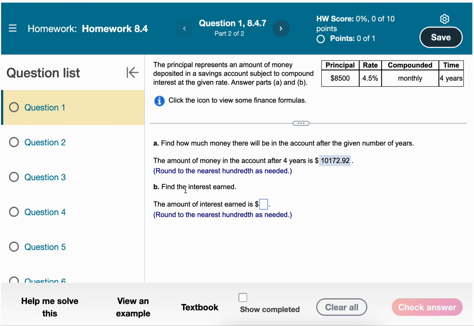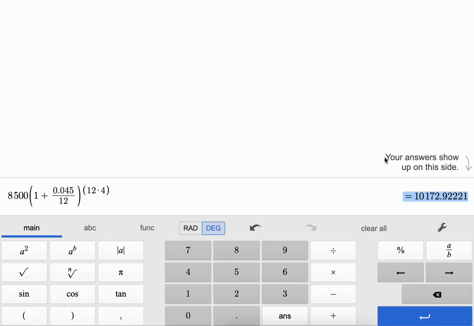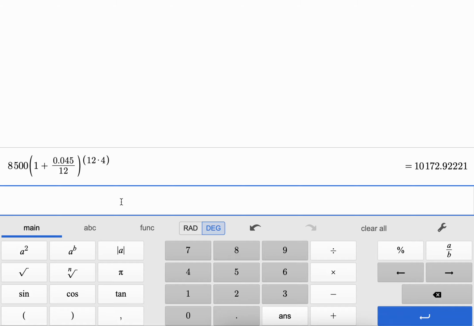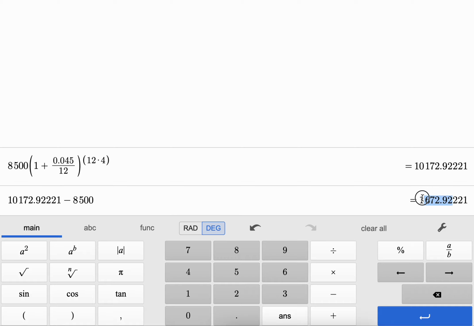And then it says, find the amount of interest earned. Oh, this is nice. Interest earned is going to be the difference between the amount that you have here and what you started with. So we're going to subtract 8,500 from this value. In fact, let's just go right back to the calculator to do this. So I'm going to copy this answer. I'll hit return. I'll display that answer, and I'm going to subtract the $8,500 that we started with. And it gives me this number over here. That has to be the interest that we earned,